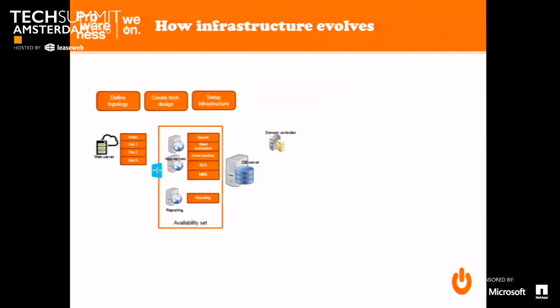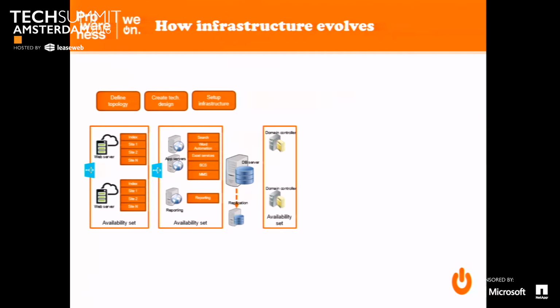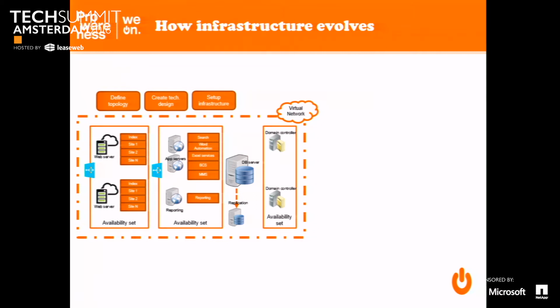Then again, more and more websites came into the picture, and the next step was to scale the web front end and put a load balancer there. So you can see that our infrastructure is growing over time, right? It continues, and then we thought about data loss, so we had replication on the database server. We added more servers, and it reached something like this stage after some point in time. So it grew from 4 servers to this stage. It took 2-3 years to grow into this state.